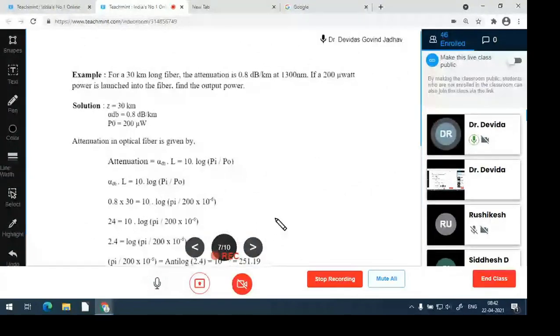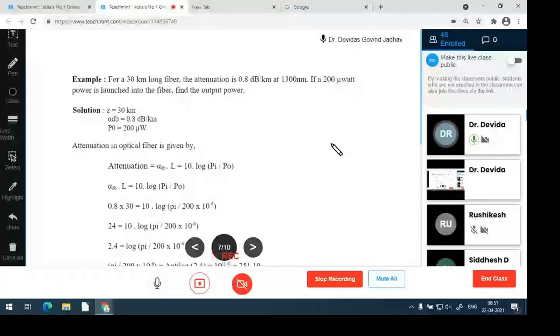Then the next problem. Let us do it again, as our assumption here was wrong. So this step is alpha dB into L equals 10 log Pi upon PO. Substitute alpha dB: alpha dB is 0.8, into L, equals 10 log